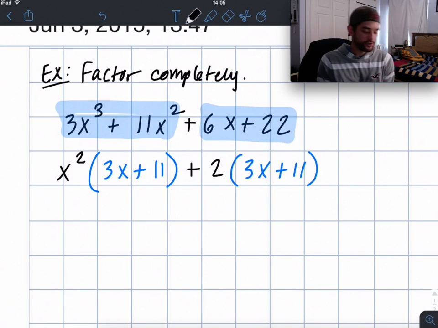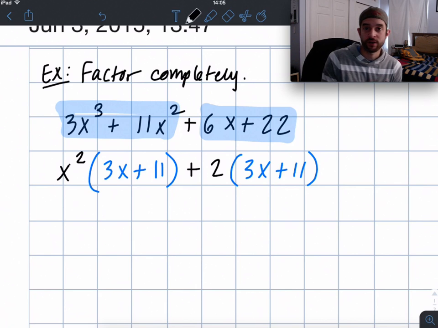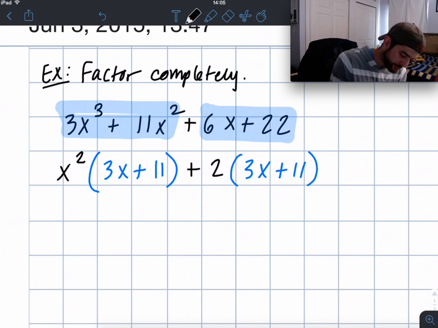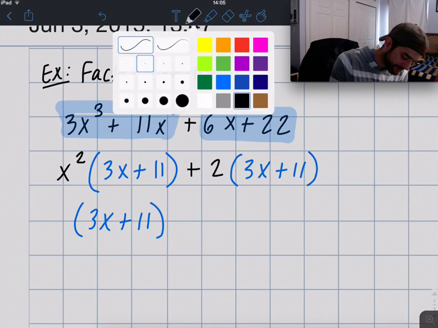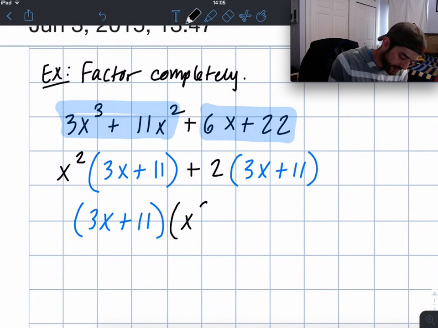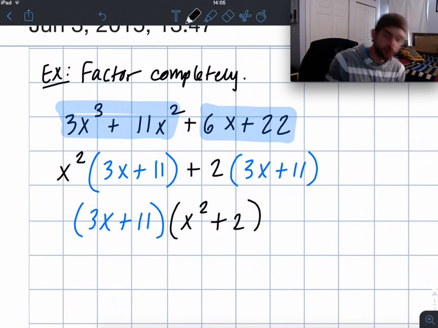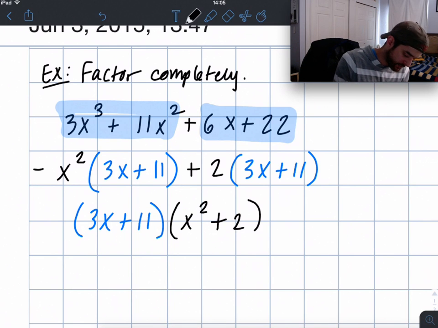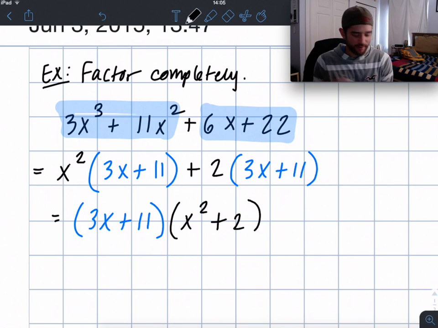So I have two terms, x squared times 3x plus 11 plus 2 times 3x plus 11. Now I'm going to factor out the greatest common factor of those two terms, which is the one in blue, 3x plus 11. So I'm going to factor out a 3x plus 11, and I'll have x squared plus 2 behind. And if that looks, oh, I forgot all my equal signs. That's not good. And if that looks a little weird,